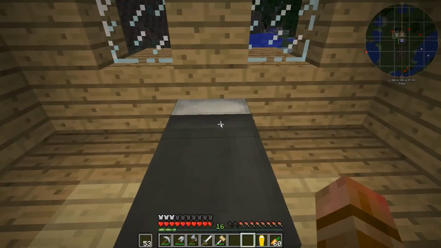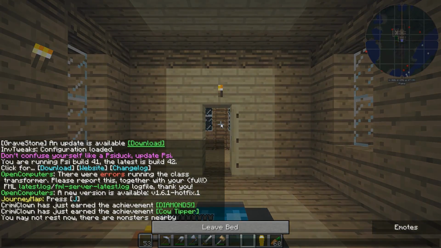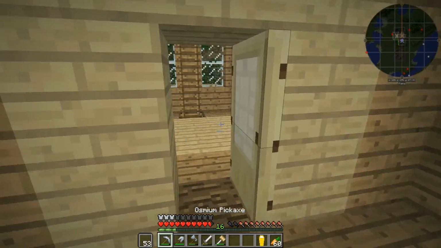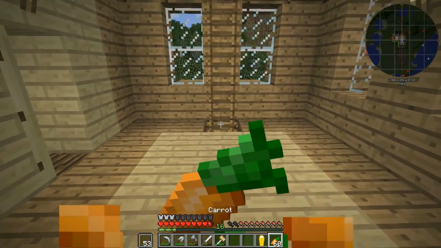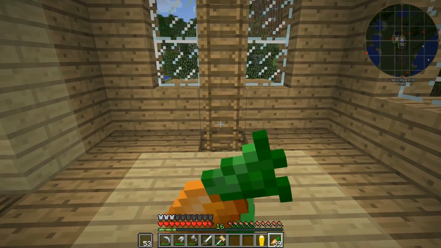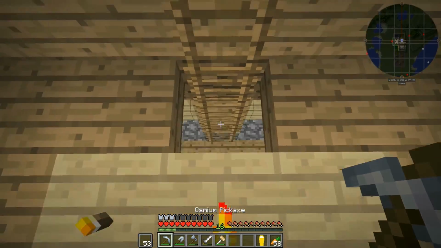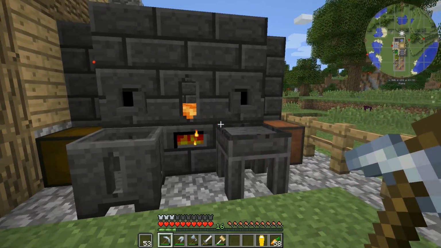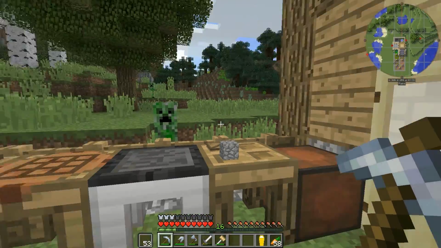So I might want to do those downstairs, out of view, and we'll just keep the nice little things upstairs. So let's have a hearty breakfast of carrots, and let's go back to the smeltery. So now that we've got a hammer, we can make most any kind of...